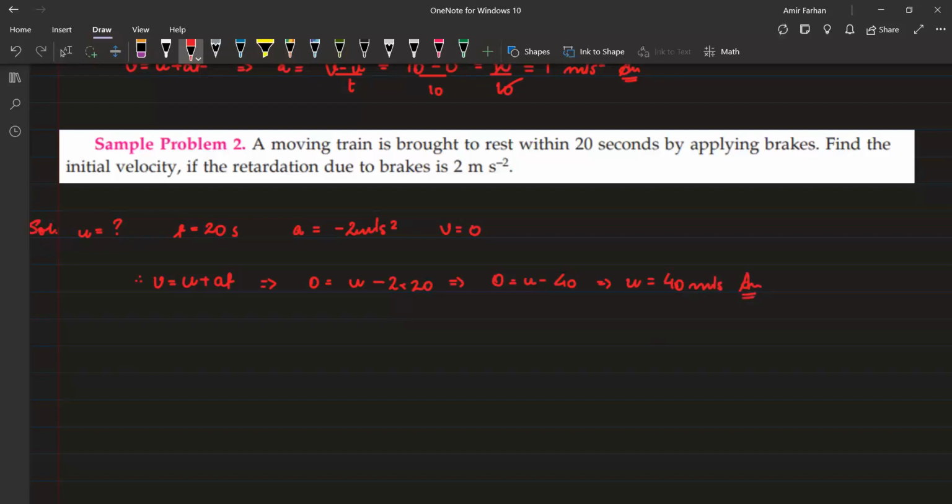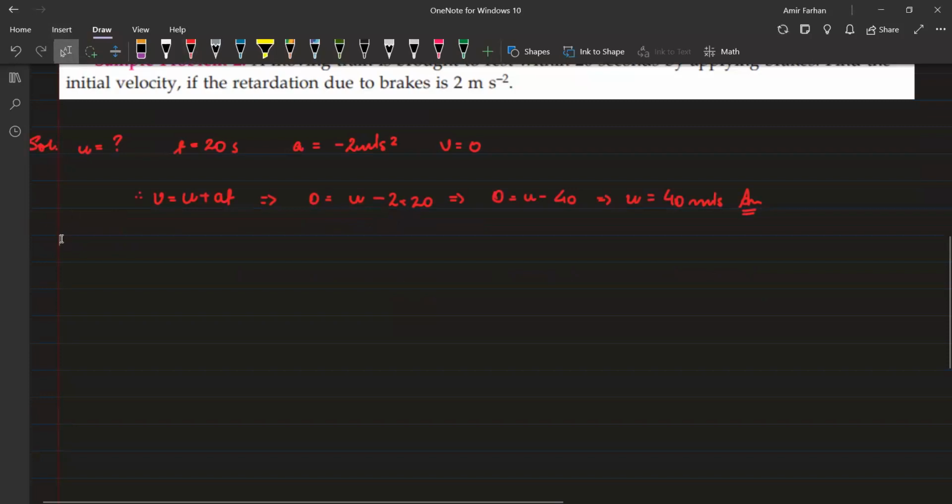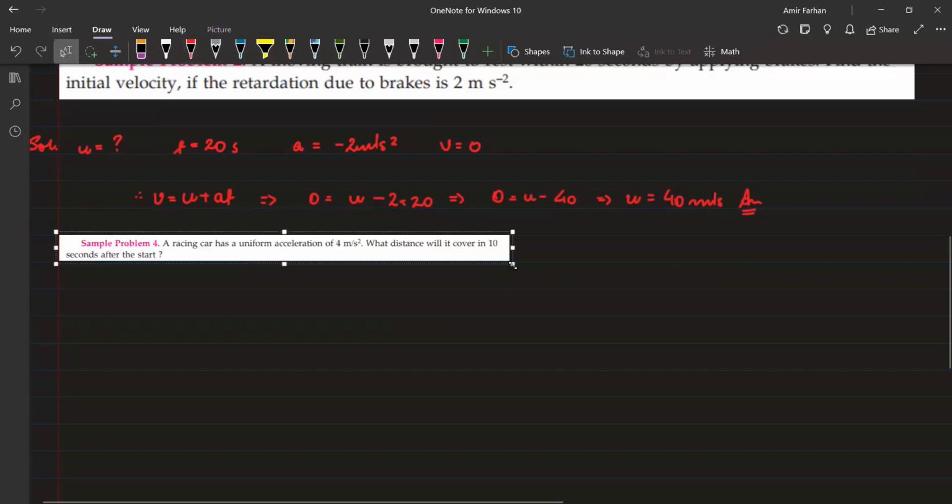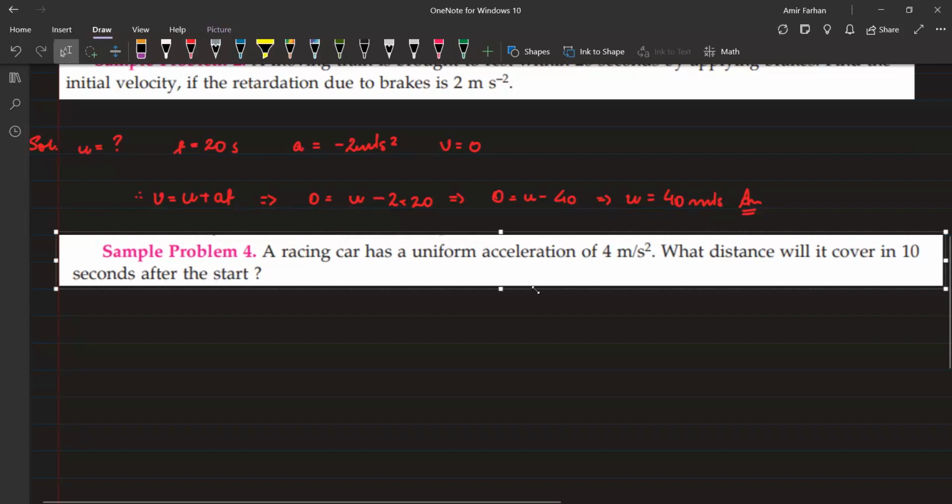Please let me know if this is clear to all of you. Any doubt so far to anybody? That's great. So I'm giving you one question. Please at least try and find out which equation you should use. I'm giving you 2 minutes to solve this one and let me know the answer.